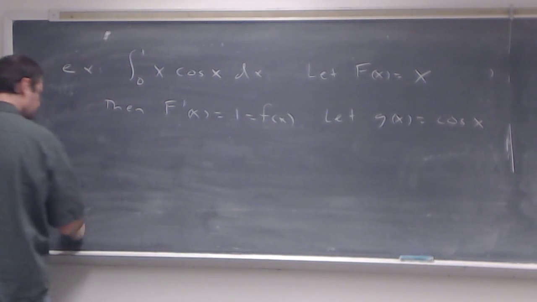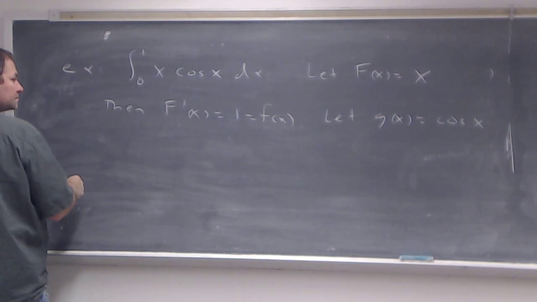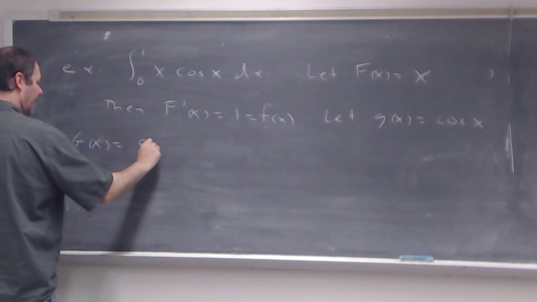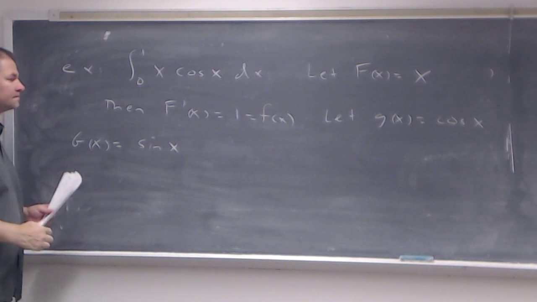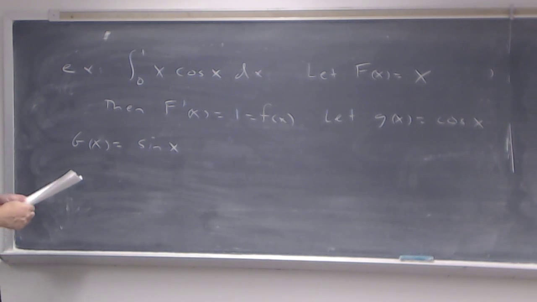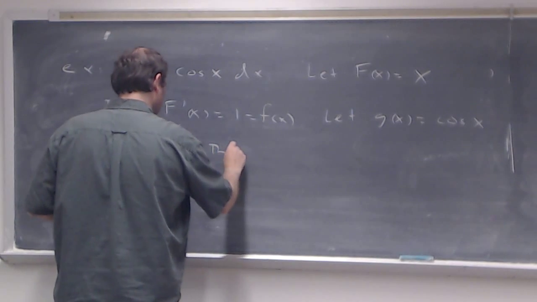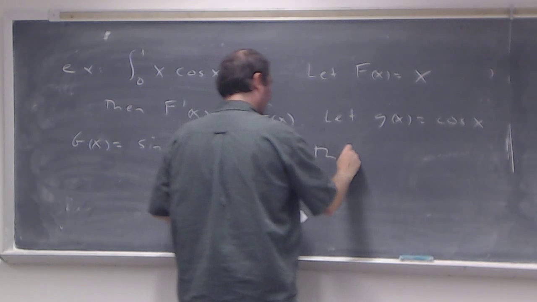It turns out that big G(x) would have to be the sine of x. Okay. Then, by the integration by parts formula,